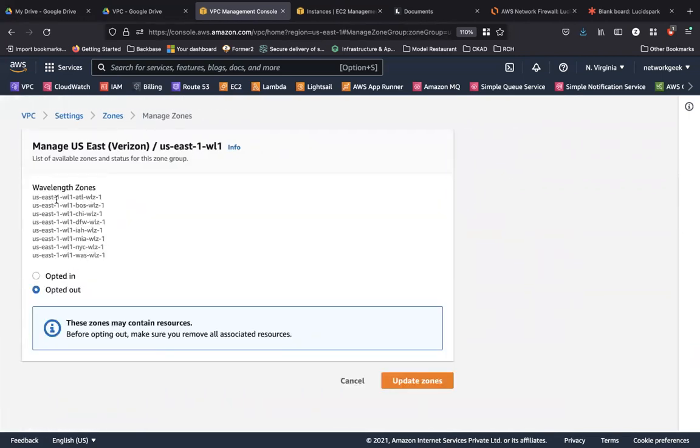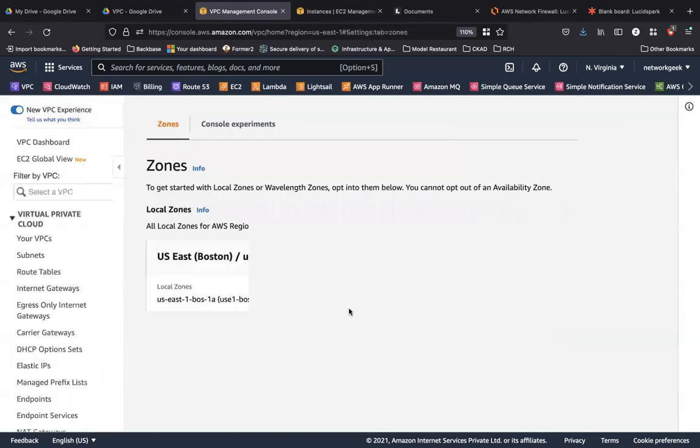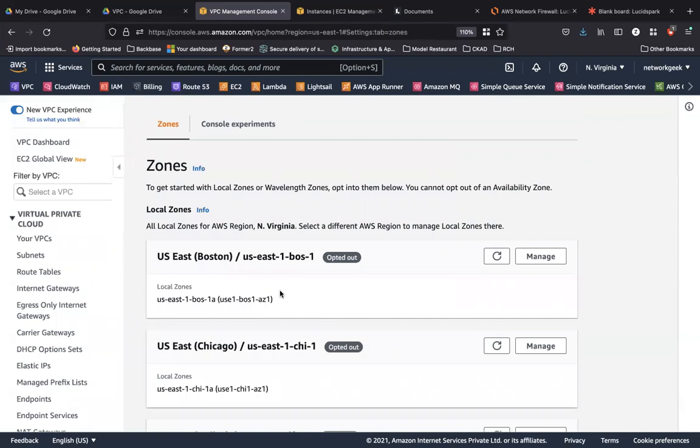And you can see it is the US East 1 region, WL for wavelength, and then the place, which is Atlanta, and then wavelength zone, and then -1. So this is how the notation is determined for wavelength zones. So you can click on opt-in if you would like. So this is how you enable local zones and wavelength zones to extend your VPC for